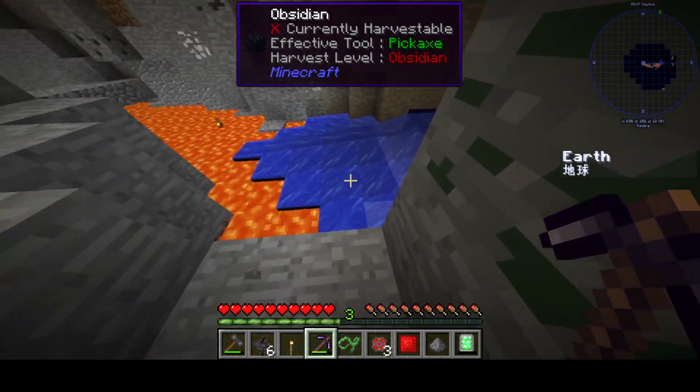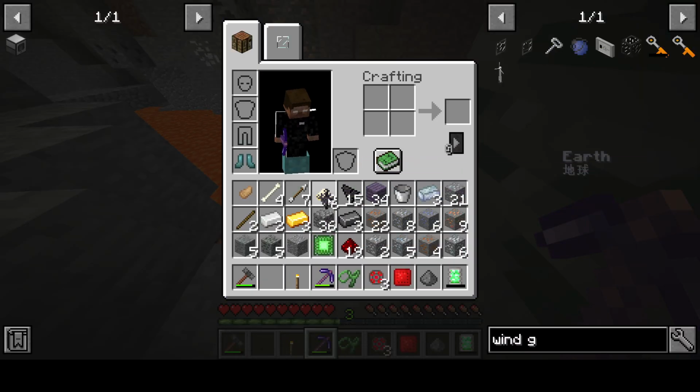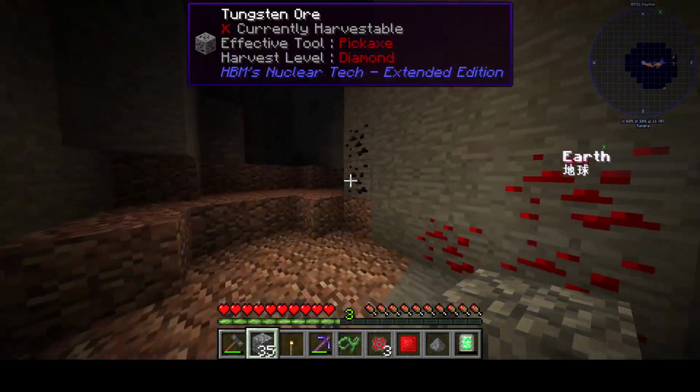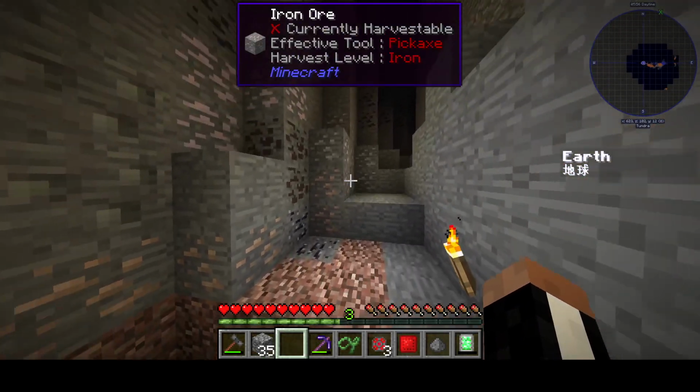Let me see. Oh, let's see about this. I can deal with this water here using magic. Like this, check this out. Boom. No more water. And now I can come and grab...